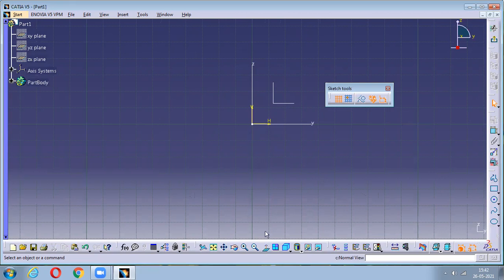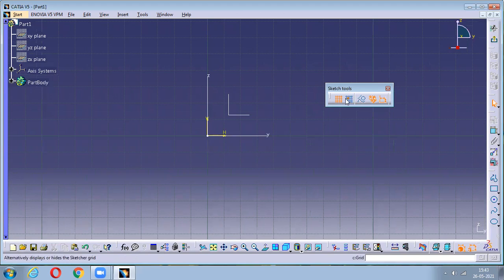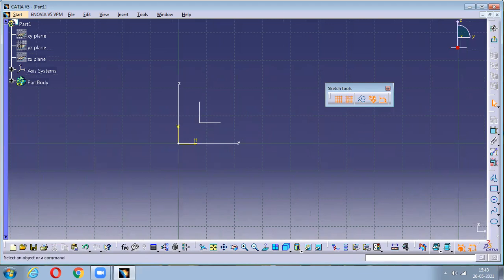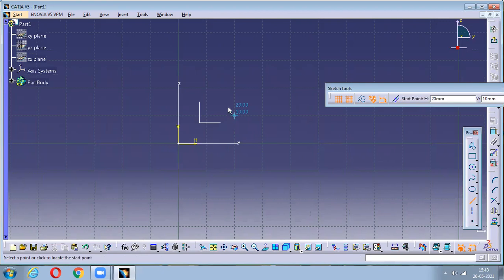The next thing we have is called snap to point. We always switch off the snap to point. Why? If I switch this on and try to create something, can you notice where the cursor is moving? It is only moving on the grids.